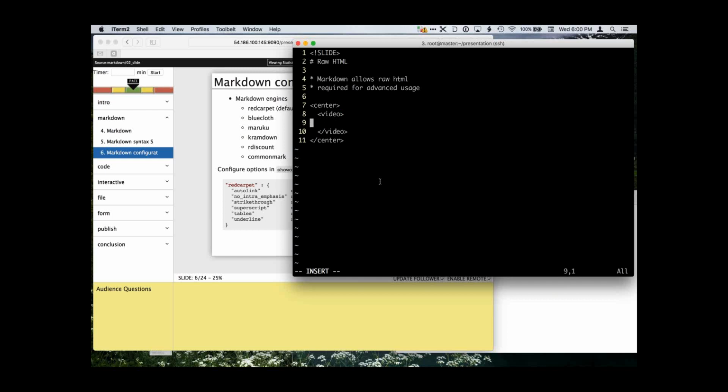And I'm going to say in here, my source, this looks a little bit weird. I apologize. That's something we're going to fix here. src equals file assets some video.mp4.